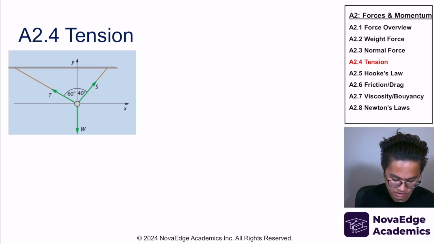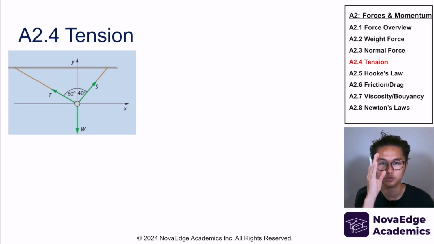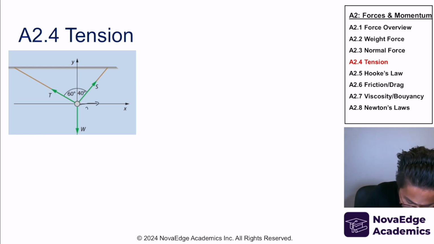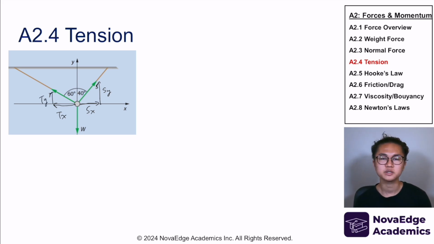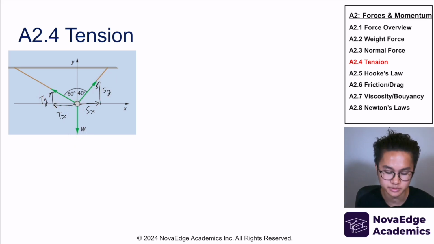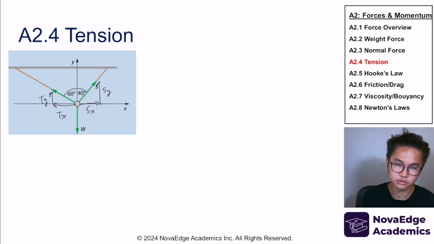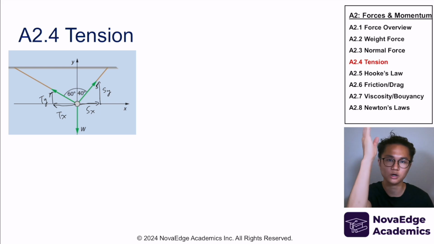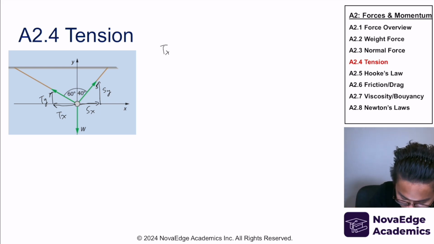Now, if I wanted to solve this, I need to split this into two axes, and it's already split into y and x. So let's do Sx, Sy, Tx, and Ty. Okay, this makes it really simple because now I can compare these three that are on the same axis, and I can compare these two that are on the same axis. Now we know that the net force is equal to 0 in all directions. So the net force to the right and left is 0, net force up and down is 0, which means that Tx has to be equal to